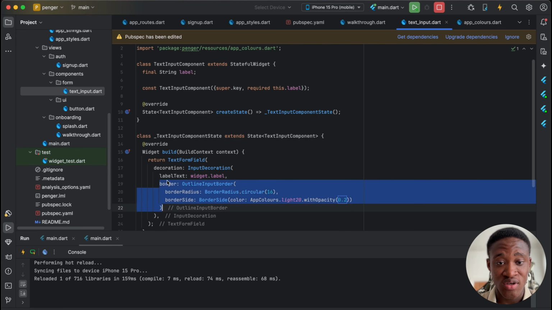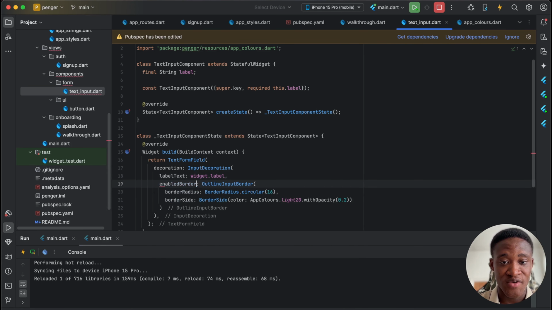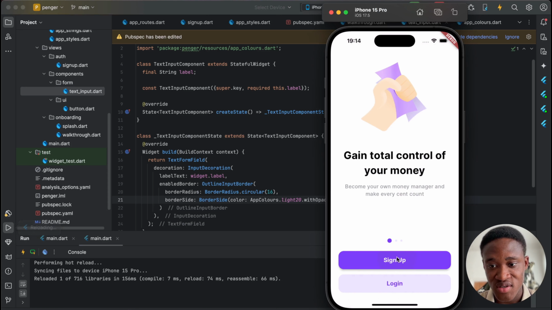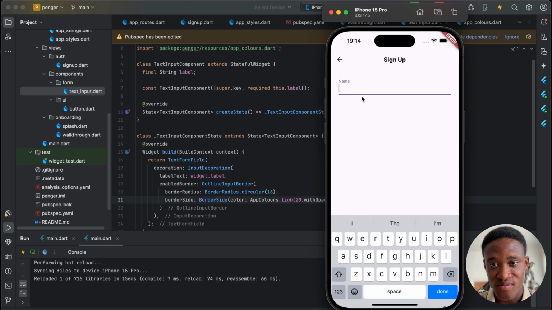Now this is the border. So I said we want to first work on the enabled border. As you can see, it has the faded one there. Let's make it 0.5 and see. Yeah, this is light enough. You see,